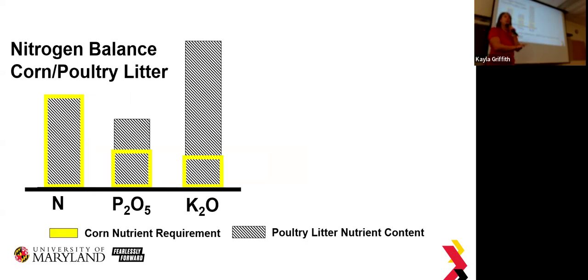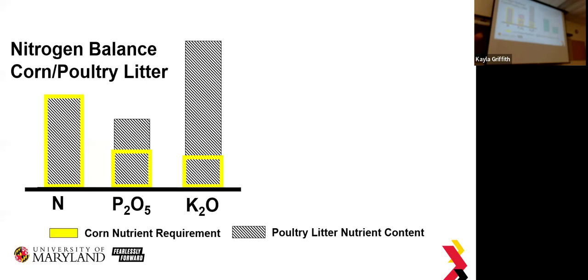okay? This is a very simple basic schematic showing what happened over a long period of time. Folks were using manure, poultry litter, which is a fantastic fertilizer source. Don't leave and say Nicole said we don't like manure. Nicole loves manure, okay? And manure is a great fertilizer source, but we just have to be conscious and we have to think about what we're doing with it, all right? And this ends up being the result if you are using manure to provide all of the nitrogen to a growing crop,